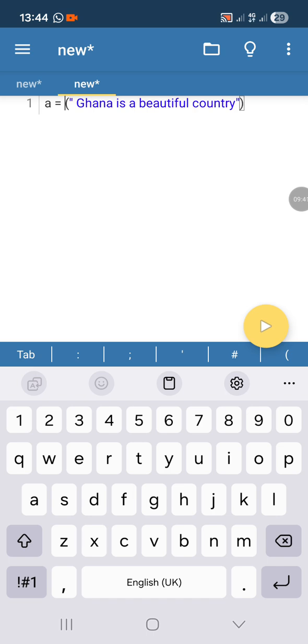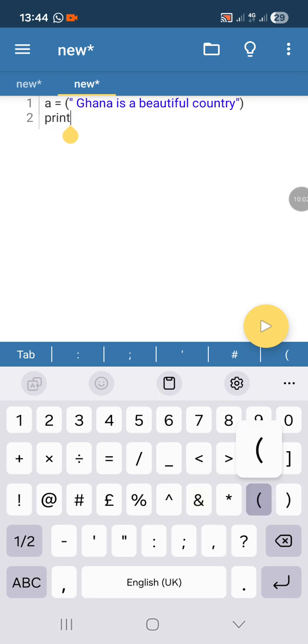Don't begin it with numbers, but you can choose a letter, you can choose a word. Then that word will contain your information. So right now, Ghana is a beautiful country is contained in the letter A. So whenever I need to write Ghana is a beautiful country, I will just print A. Instead of me printing again, Ghana is a beautiful country, I will just print A.